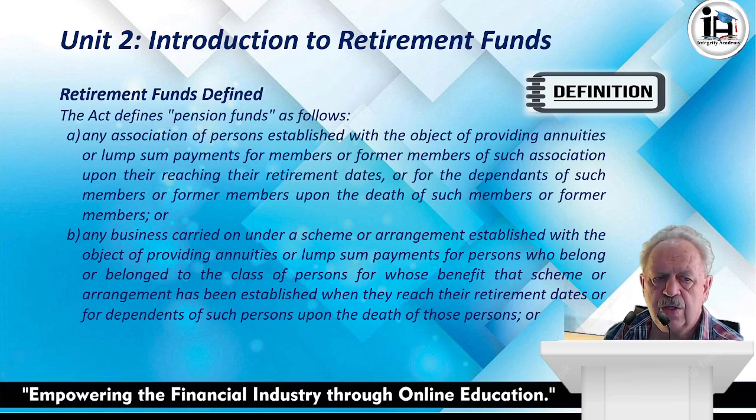A. Any association of persons established with the object of providing annuities or lump sum payments for members or former members of such association upon their reaching their retirement dates, or for the dependents of such members or former members upon the death of such members or former members, or B. Any business carried on under a scheme or arrangement established with the object of providing annuities or lump sum payments for persons who belong to the class of persons for whose benefit that scheme or arrangement has been established when they reach their retirement dates, or for dependents of such persons upon the death of those persons, or